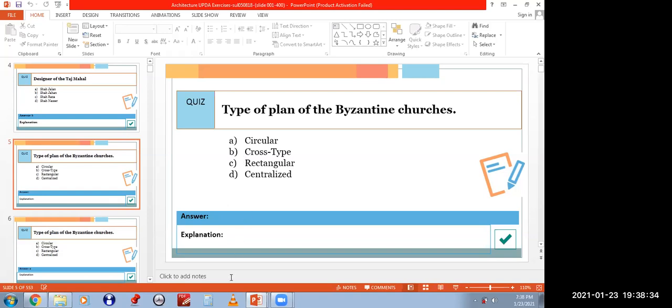Does anybody know what is the difference between a Byzantine church and a classical church, for example? I think the decorative and the plan also, the shape of each plan, and maybe the number of the columns. Sorry, I think it's a little bit loud on your side, so I can't really hear you properly.